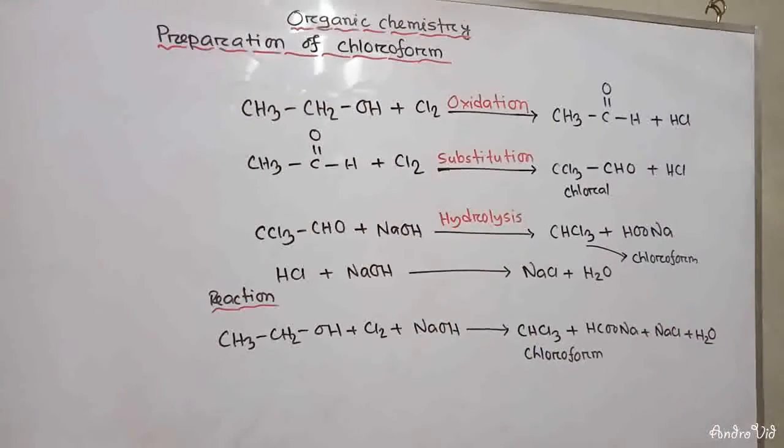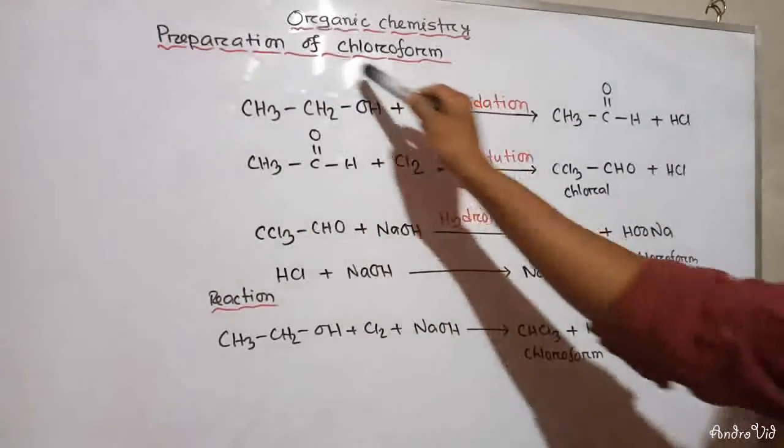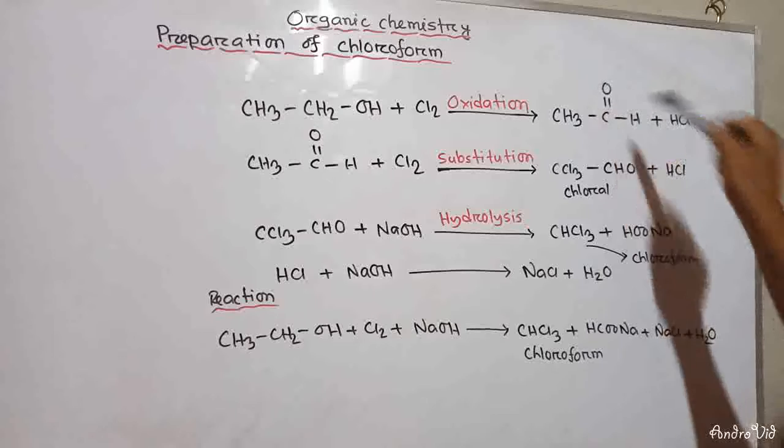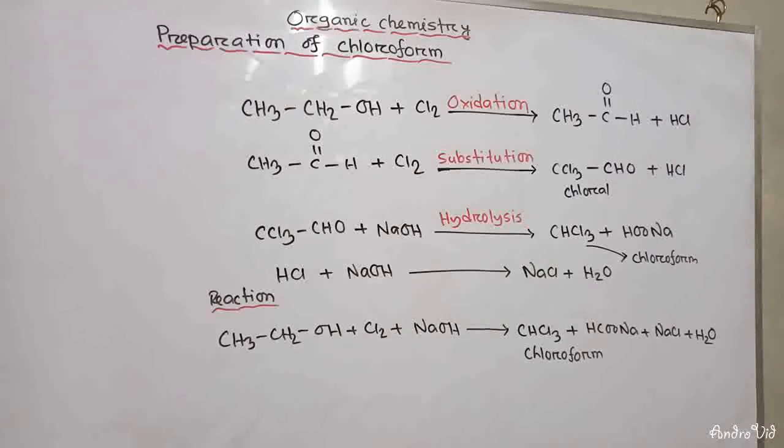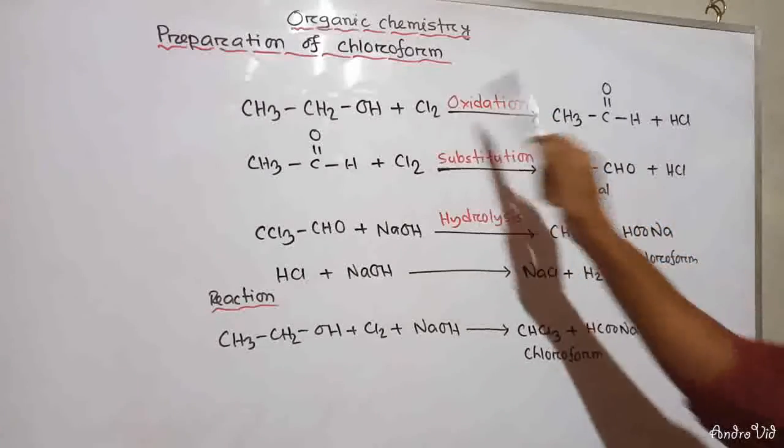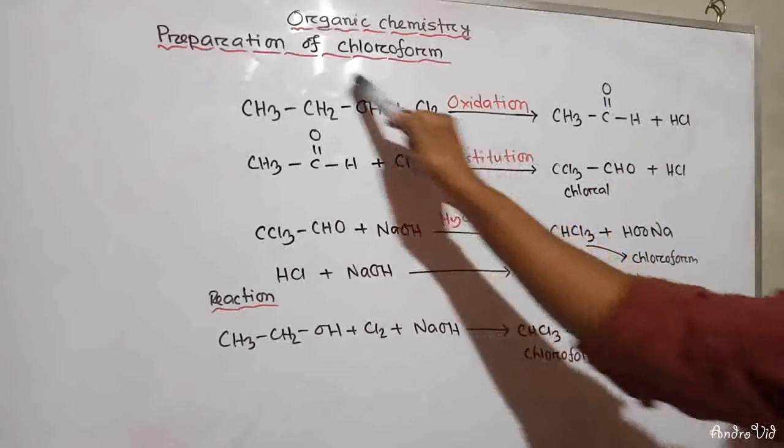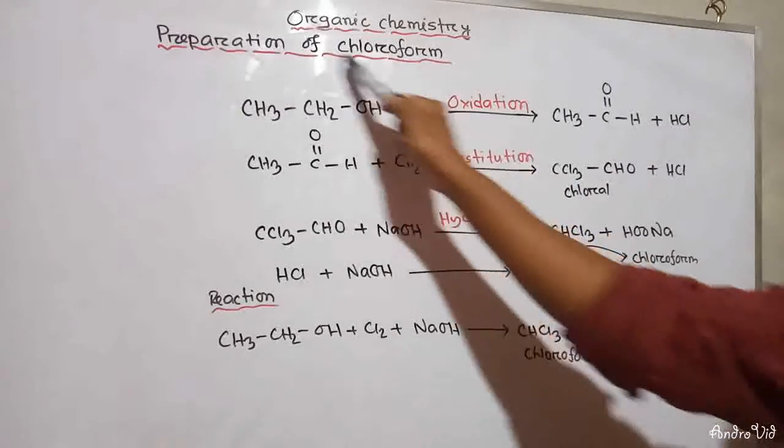As it can oxidize this alcohol, after the oxidation this alcohol will be converted to aldehyde. We know very well, when you oxidize alcohol it will be converted to aldehyde. If you further oxidize alcohol, later it will convert to acid. So by using this oxidizing agent chlorine, ethanol can be oxidized, and by this way ethanol will be converted